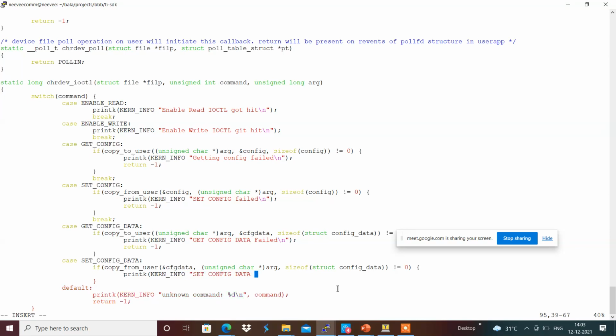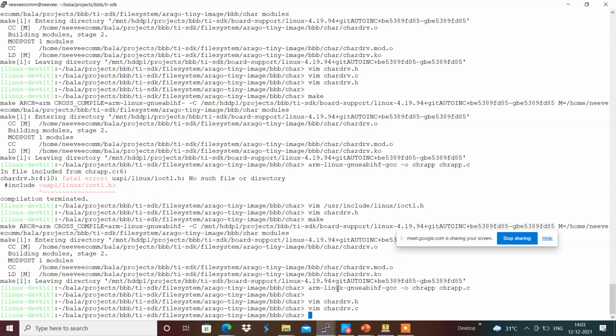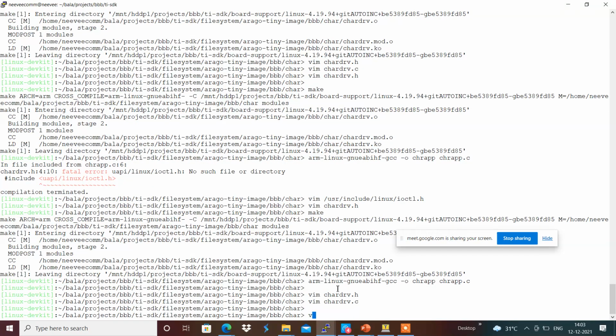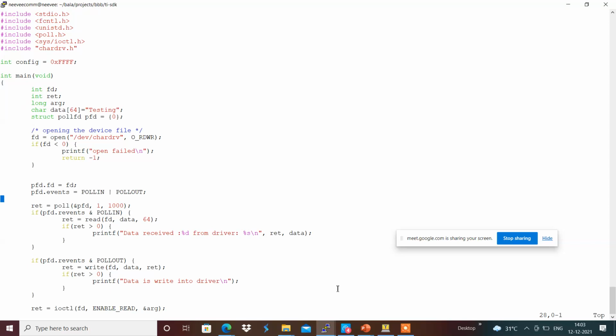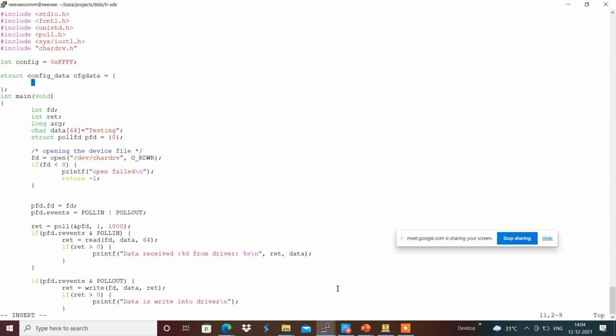Here from the user application, the same way we will be doing chr app.c. From here we will be sending something like struct config_data CFG data equals, I'm going to use buff count equal to 16, and whatever the things that we have in chr drv.h in this buff count.